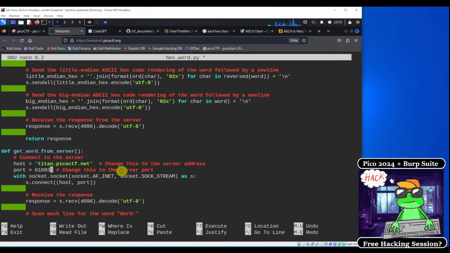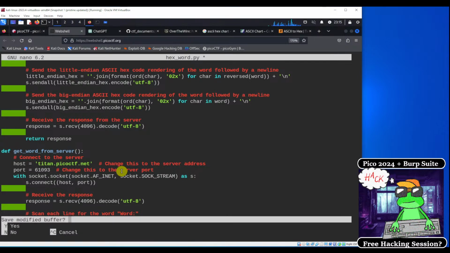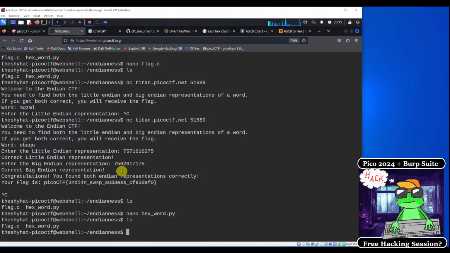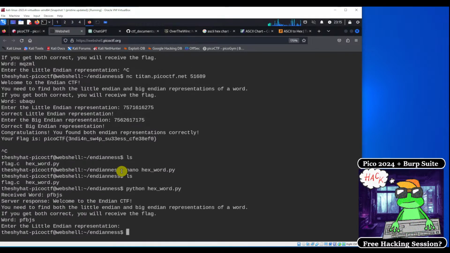Then we're going to exit with Control X, save modified buffer Y, and then enter. So now we should be able to solve the challenge using the Python script. We just need to run python hexword.py here. And we see that it works. We received a word, which is this, and then we sent the